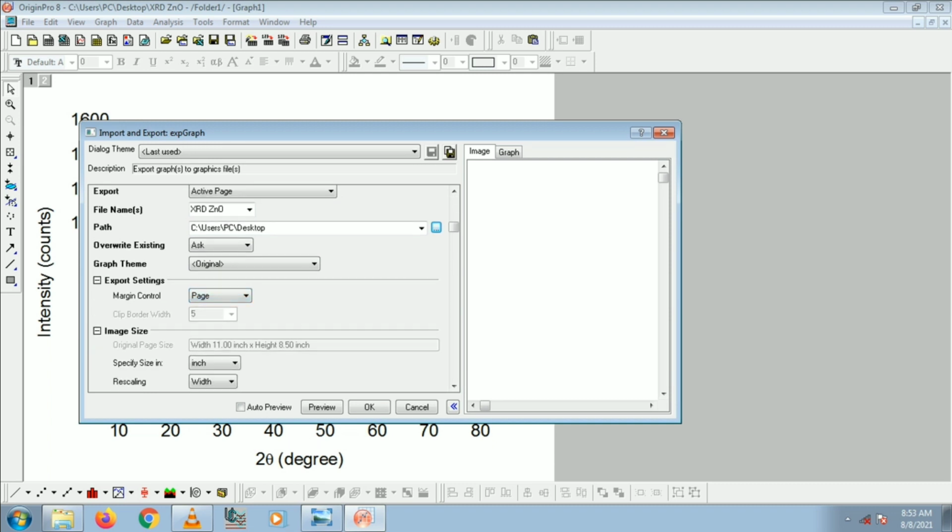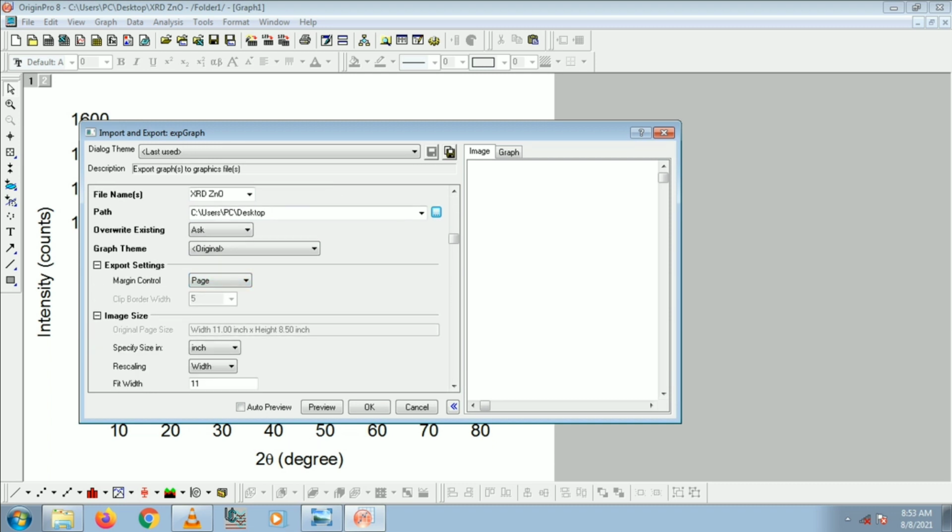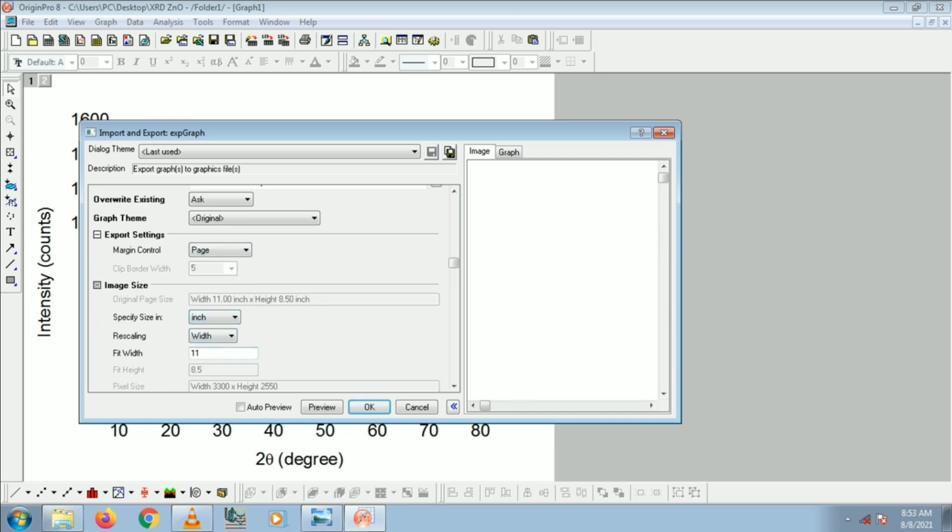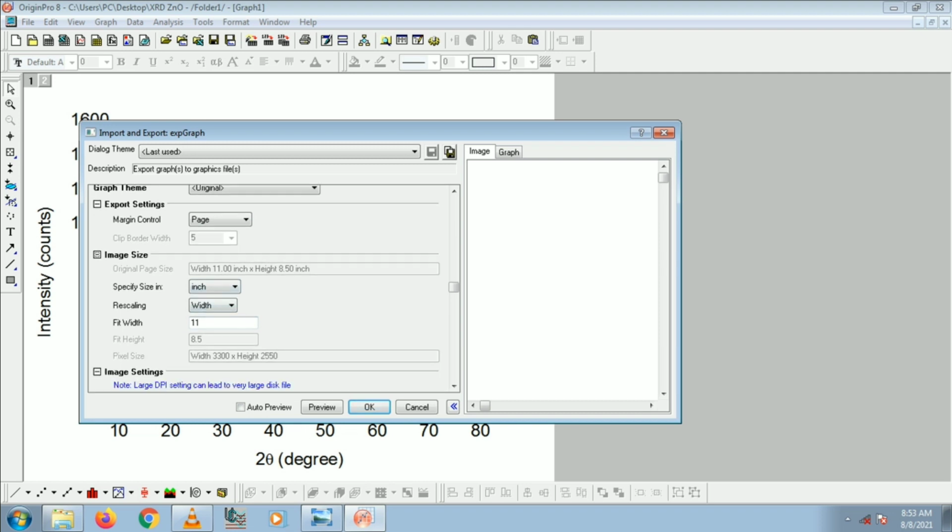Here you can see how the image size as well as type can be adjusted with the help of these import and export windows.